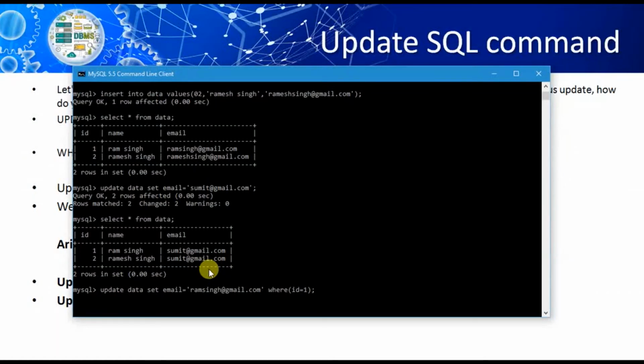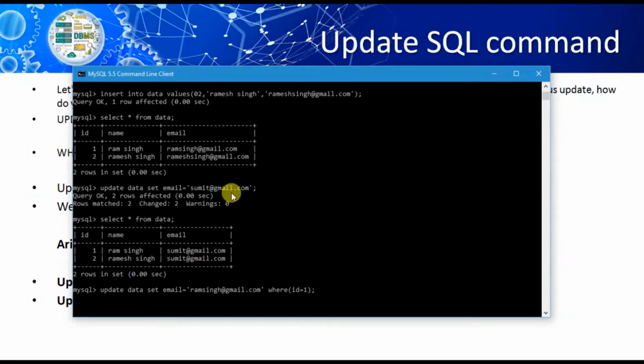Okay, so I want to update the email column. Look at here, I want to update in data table, set email column as ramsingh@gmail.com where ID is equals to 1. So now what will happen? In the previous query we did not apply any type of condition, so that is why MySQL updated all the records available inside the column.